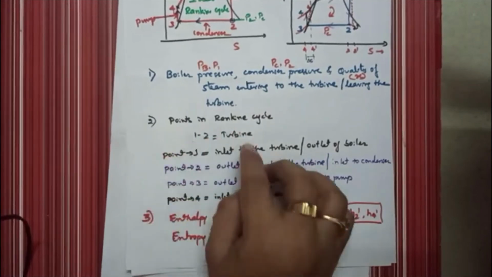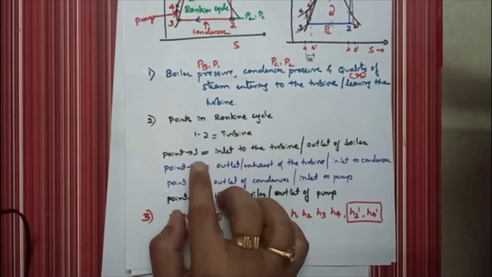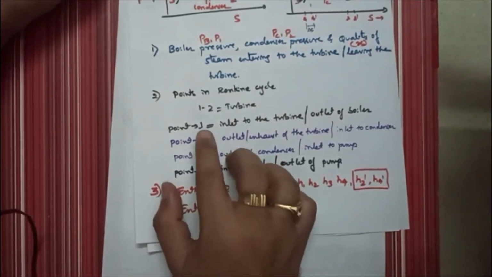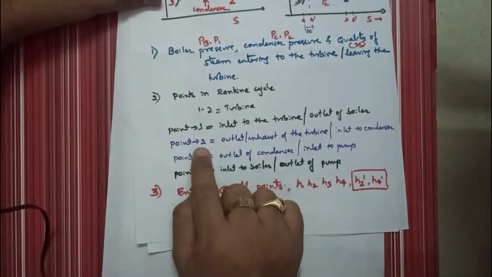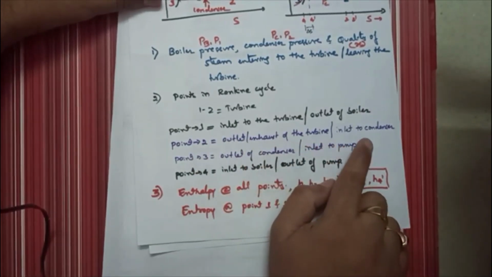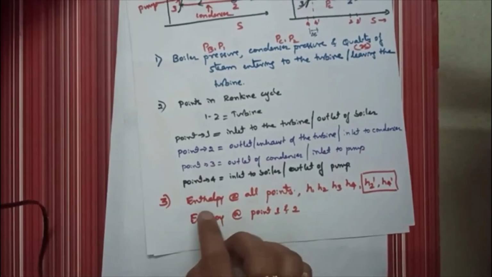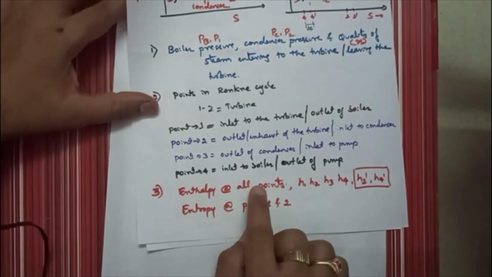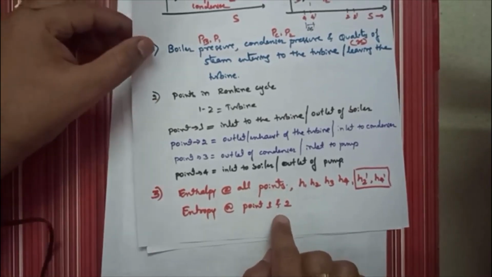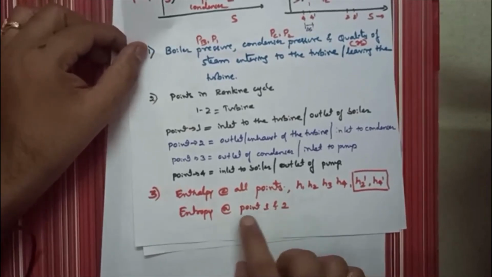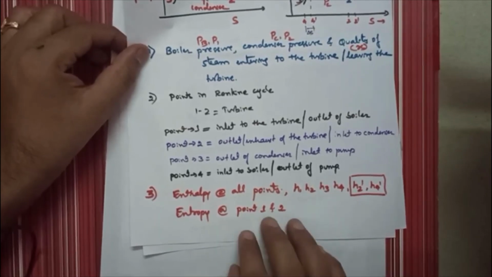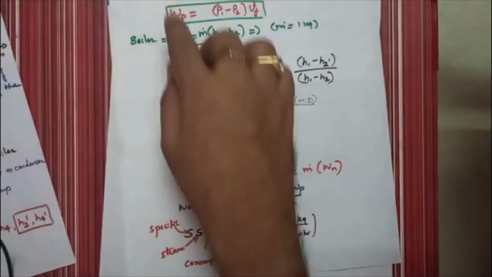And the second point, you have to mention points 1, 2, 3, 4, which one is point 1, which one is point 2. Here in our notes I have mentioned point 1 is the inlet to the turbine, and 2 is the exhaust from the turbine and input to the condenser. Similarly, you have to find all enthalpies at all salient points, and entropy at point 1 and point 2. It is sufficient. You can find entropy at 1, 2, 3, 4, etc., but it is not necessary for solving numericals. So similarly these are the equations